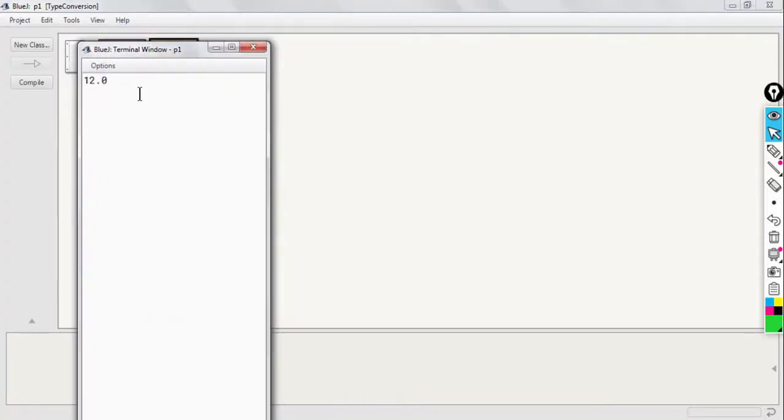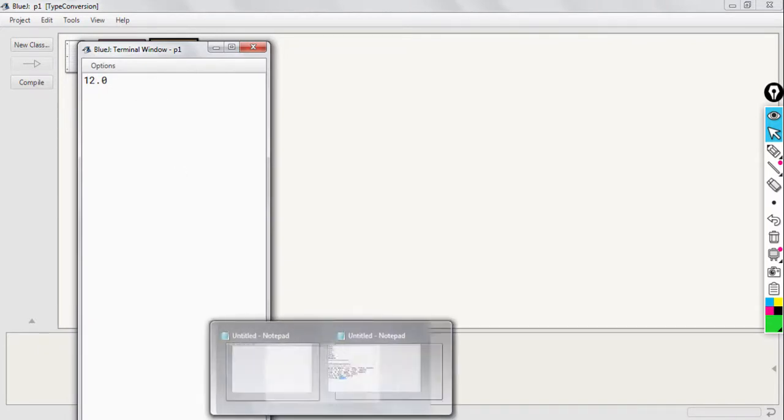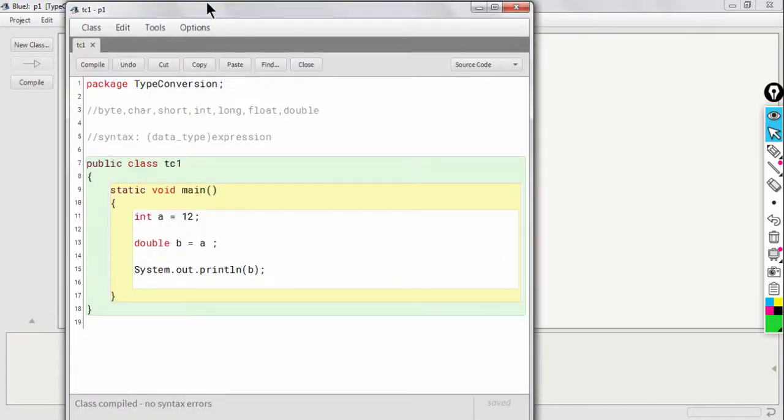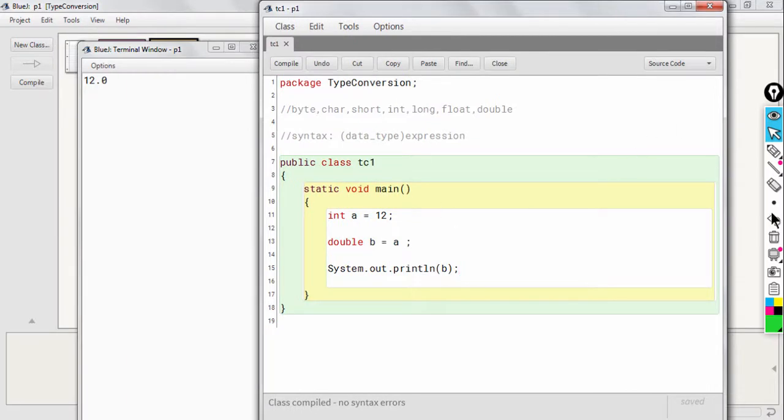So as you can see, the value of b is being printed as 12.0, but what does a store? It does not store 12.0, it stores only 12.